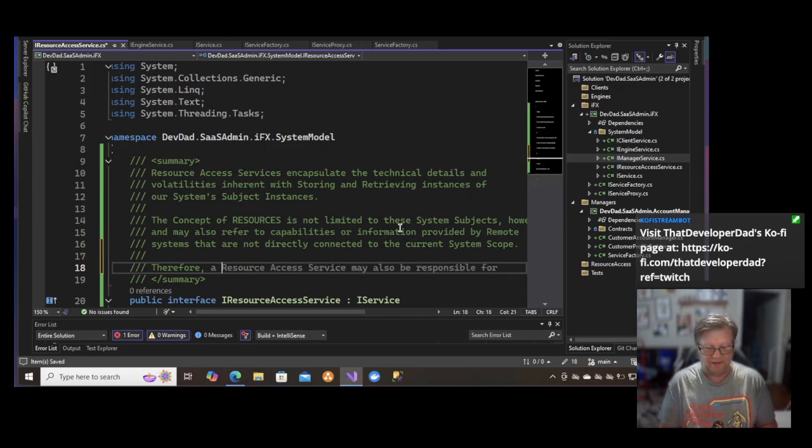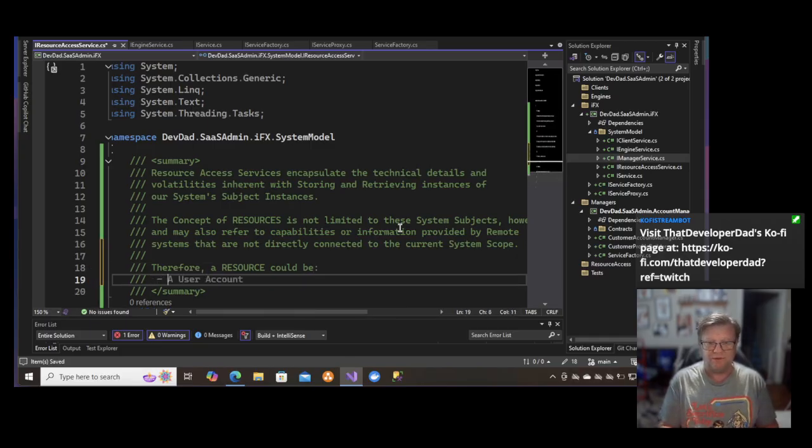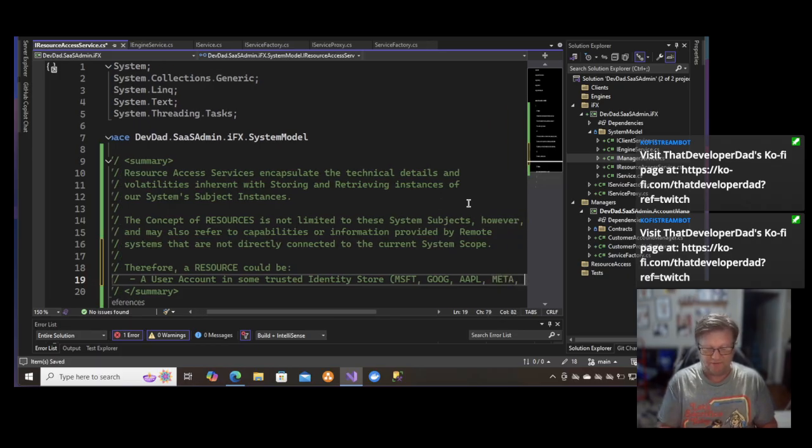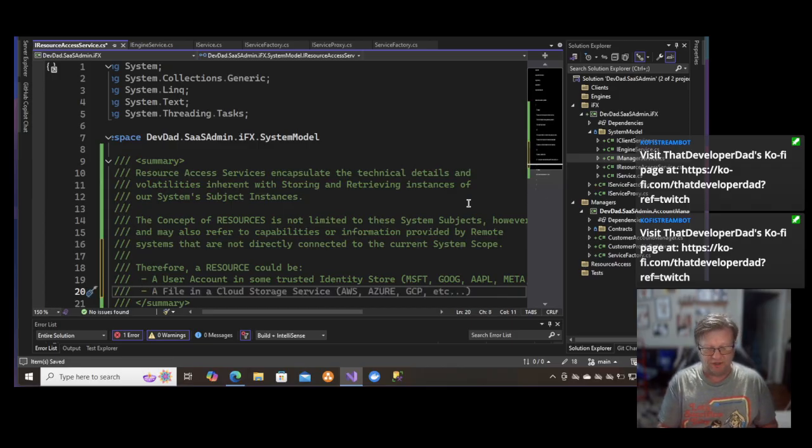Therefore, a resource could be a user account stored in some identity store, some trusted identity store, Microsoft, Google, Apple, Meta, etc. A record in our systems, relational or NoSQL database,